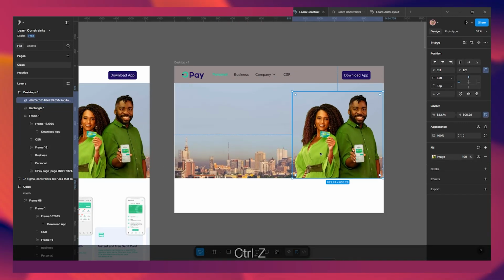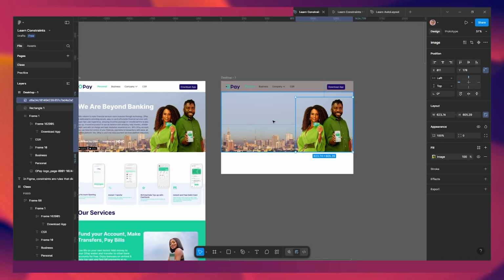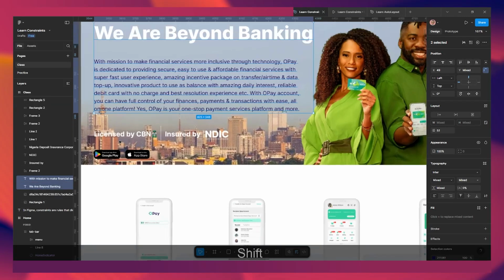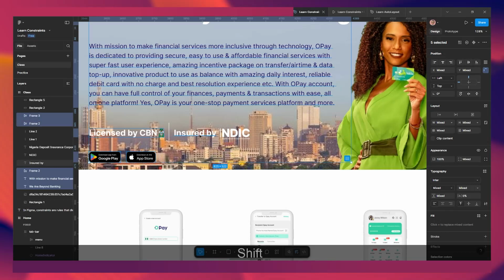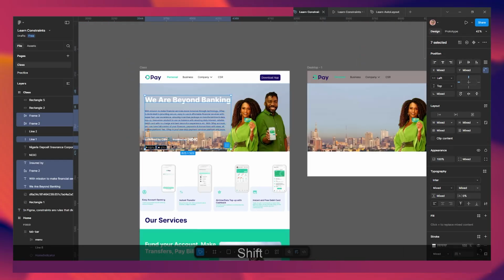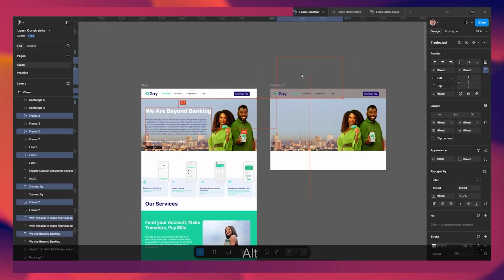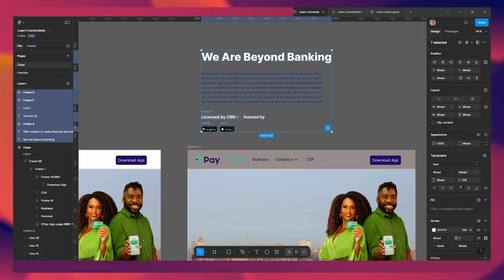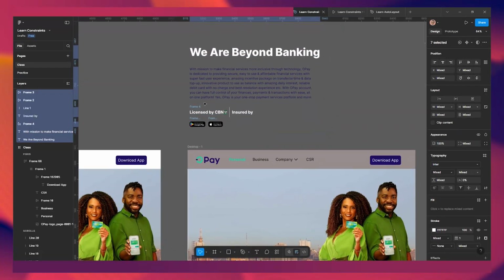Okay, yeah, now we have something like that. I'm going to select this one and this one and some of these elements here. I'm holding shift, by the way, to select all these elements, and I'm going to duplicate like this for you to see what I want to do. That's why I'm bringing it here. You can see all of these